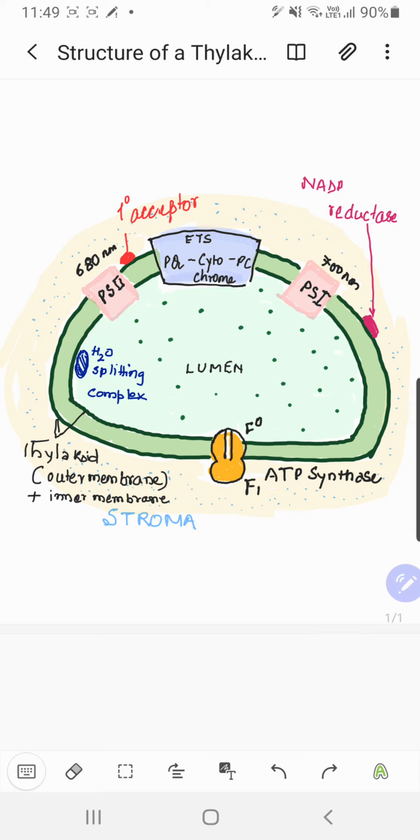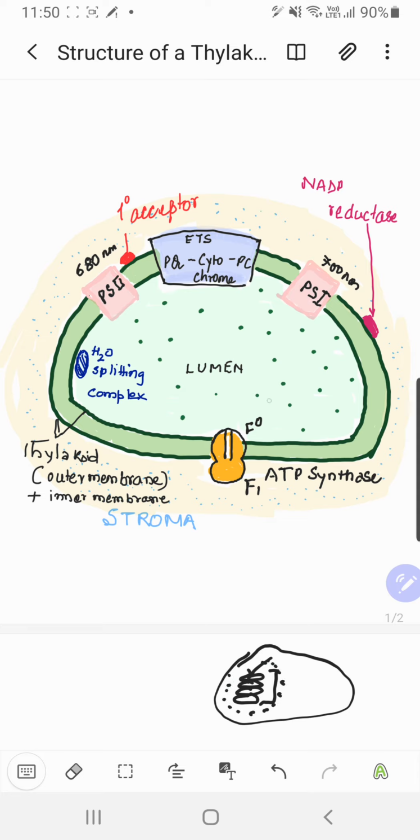Also understand that chemiosmosis takes place in two different organelles for ATP synthesis. One is mitochondria and the second one is chloroplast, and specifically inside the chloroplast it is the thylakoid, right? As of now, what you see on screen is a single thylakoid. If this is a chloroplast, you draw the thylakoids making stacks over one another, right? So a single thylakoid you have to talk about, and surrounding the thylakoid will be stroma.